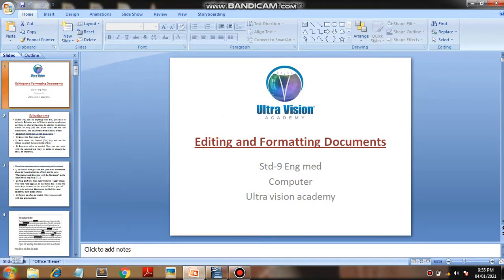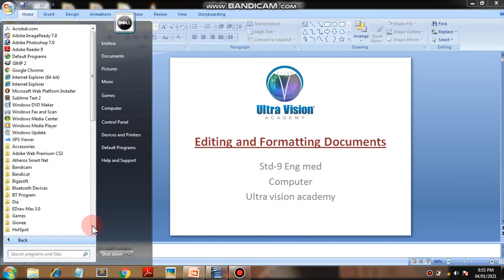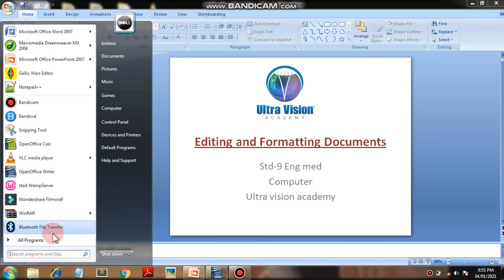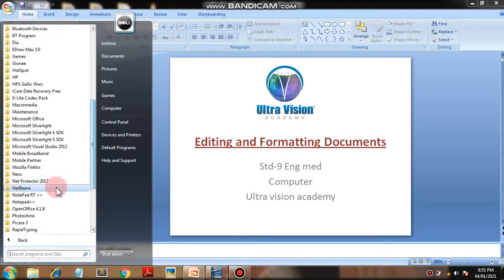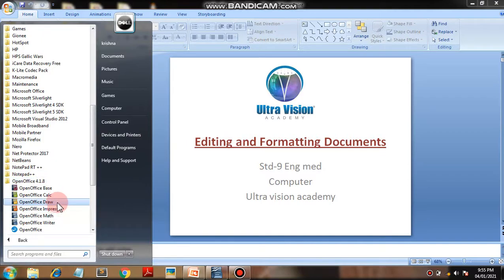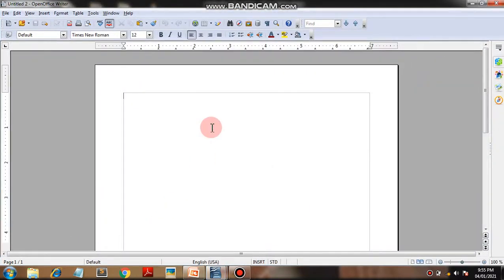First of all, go to the Start menu, then go to All Programs, then go to the OpenOffice suites here, then see OpenOffice and then OpenOffice Writer here. See, this is the basic home page of OpenOffice.org Writer, right? Now, as we learned in the above chapter, there are 9 menus available in OpenOffice.org. See, File, Edit, View, Insert, Format, Table, Tools, Windows and Help.